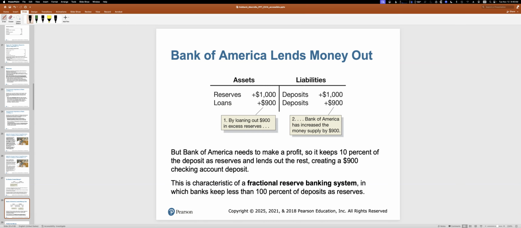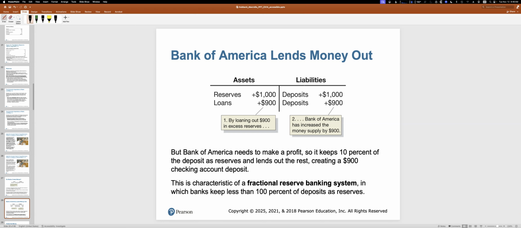Then, the bank is not going to make money by just holding on to currency in the bank vault. It needs to lend it out. So what we get here, even though it's called the fractional reserve banking system, it's not really required. Banks could actually hold 100% of their reserves. It's just that it'd be harder for the bank to make money as a business.